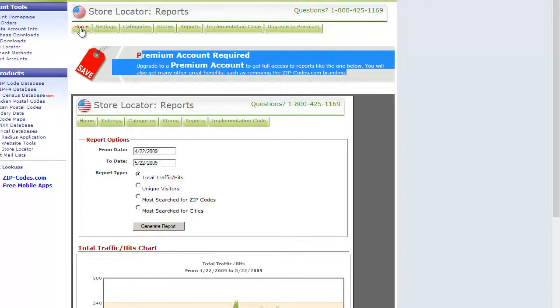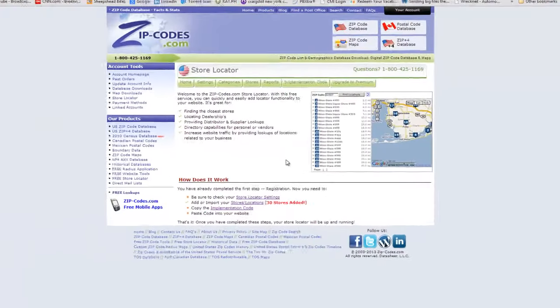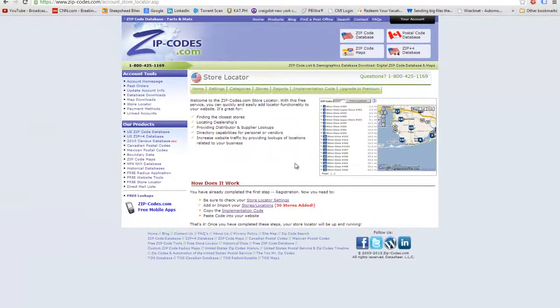I've always used free because I just learned my way around playing with the code to build it to be what I want it to be. They're giving you examples of what you could use this for: finding closest stores, locating dealerships, providing distributor and supplies lookups, directory capabilities of personnel, and of course increasing website traffic by providing lookups, which is organizing and showing places. You see here it tells me right away 30 stores added. I can go on forever talking about this, but I just wanted to demonstrate how to make it, how easy it is to get it,